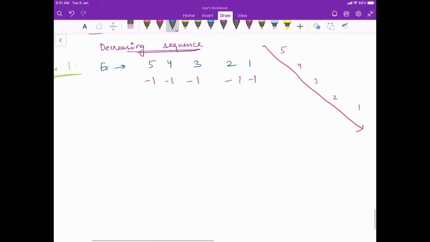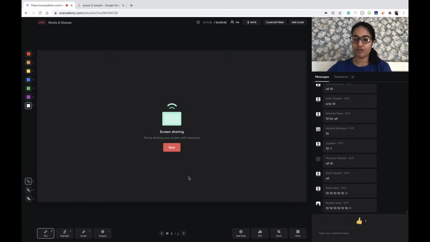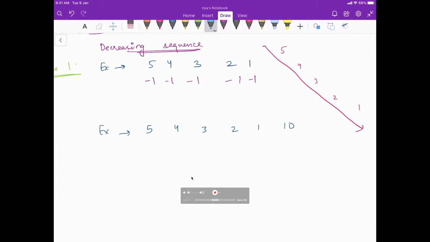Okay, now tell me this. Let's say the values are 5, 4, 3, 2, 1 and 10. Now tell me, what do you think is the answer here? And try to take some idea from here. Correct, very good everyone. The answer is going to be this.